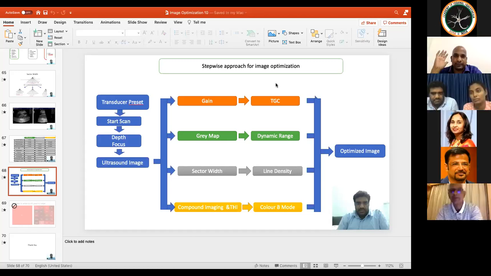Only whatever echoes come back to the machine can be handled by adjusting the knobs. Suppose no echoes come back to the machine, there is no point in adjusting all these refinements. That is why the PART maneuver is the key, which is going to offer 80% of your optimization.